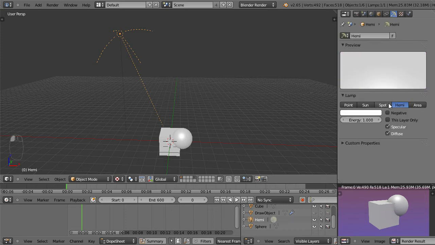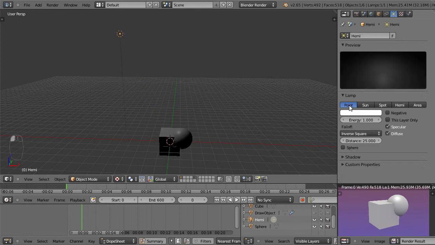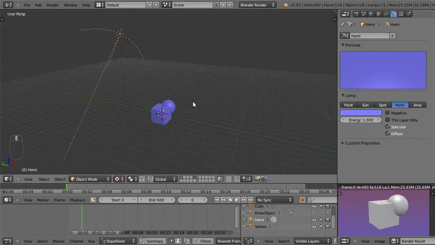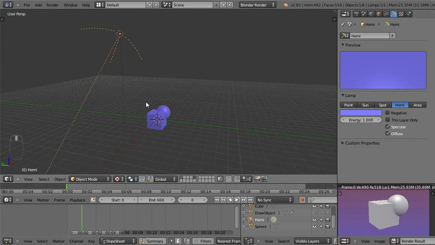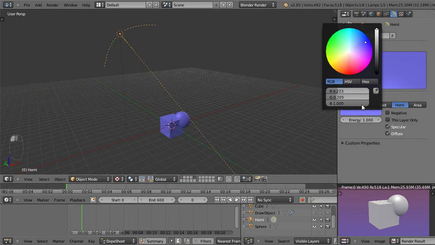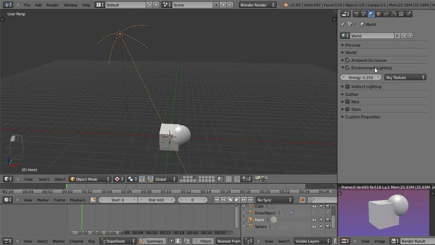So we don't have to make a new one of these lights. We can actually just change this light to any type of different light source we want to right here in the object data. And we can change the color of the light as well. And as you can see, as I change the color of this light here, it seems to be changing the color of these objects, but that's just because that's the type of light that is being cast on there. So I'll go ahead and turn this back to white here, and you can control the values of the RGB here as well. If we go back to the world view, what I was talking about earlier, the environment lighting,